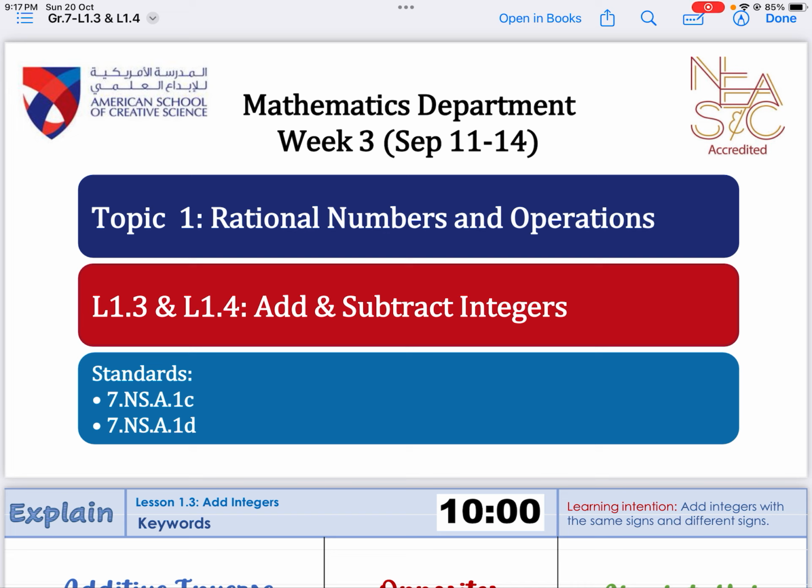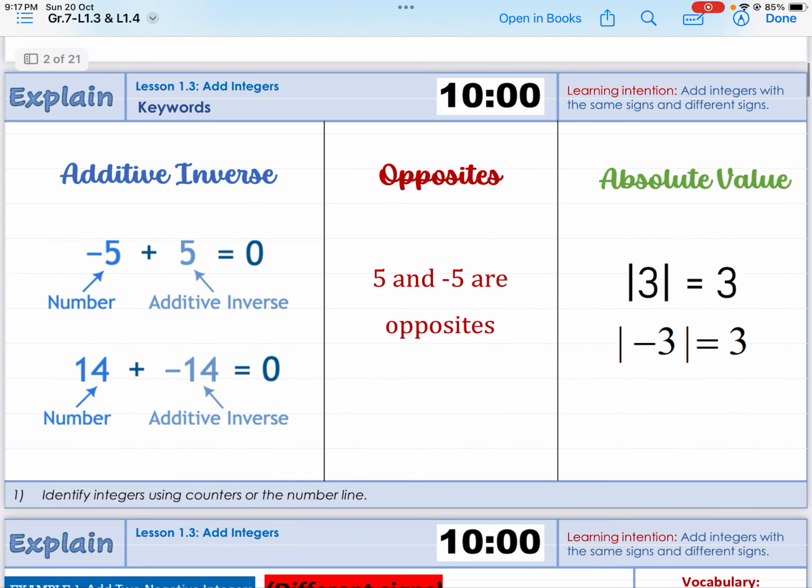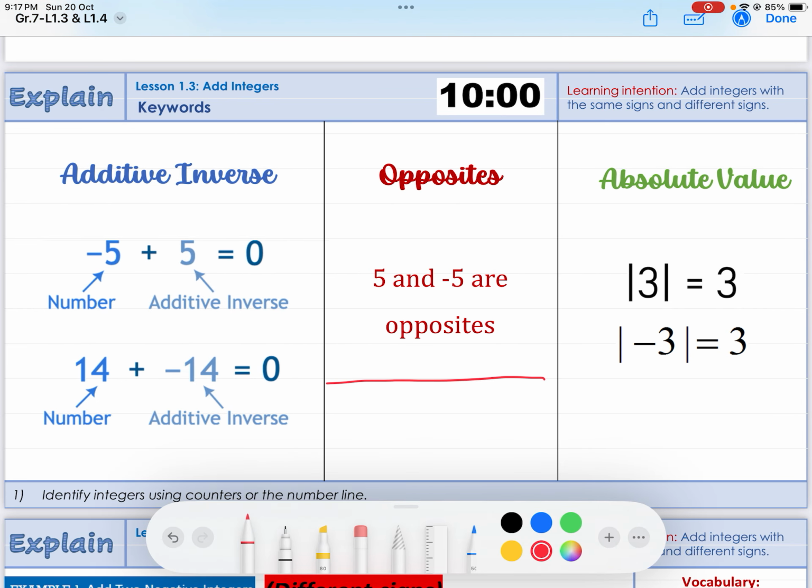Today I'm gonna do a quick revision of how to add and subtract integers. So let's begin. This is what we mean by opposites. They have different signs. They have the same distance away from zero. Okay, girls, so for example, here that's a 0, and that's a 5. So the opposite of 5 will be -5. They have the same distance away from 0, but they are both in opposite